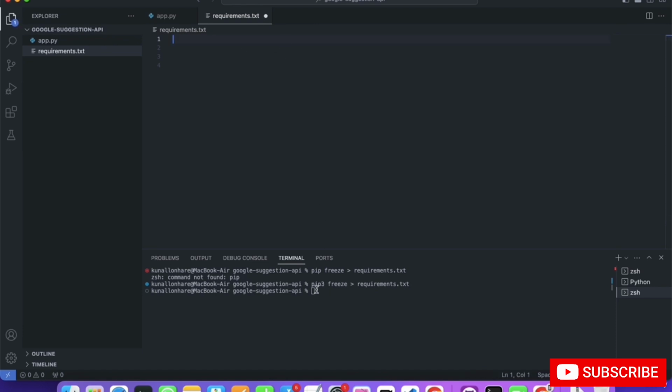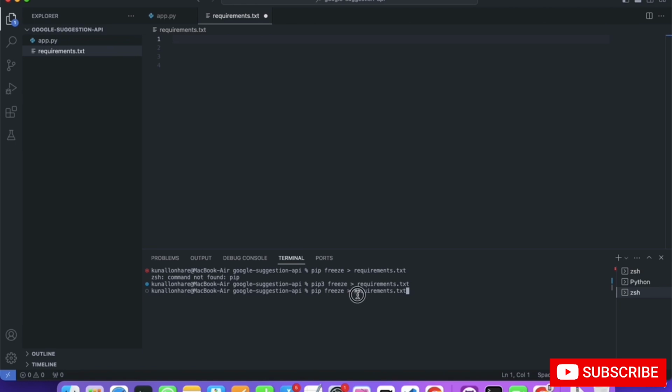You can put this command: pip freeze greater-than symbol requirements.txt. That means you want to get the required versions of all the applications that are running.